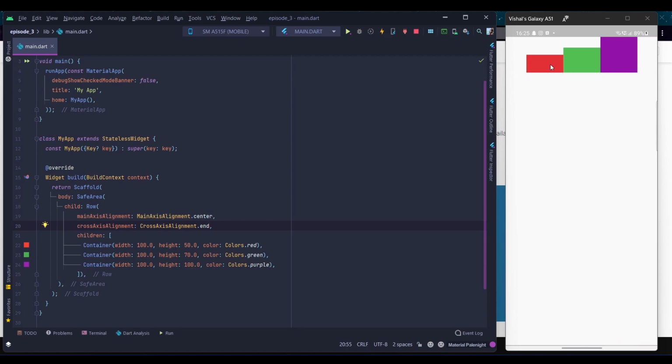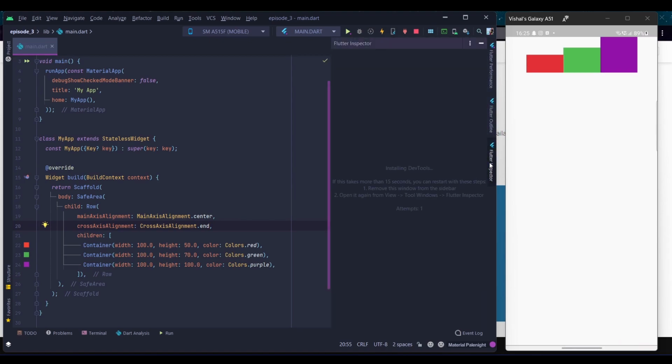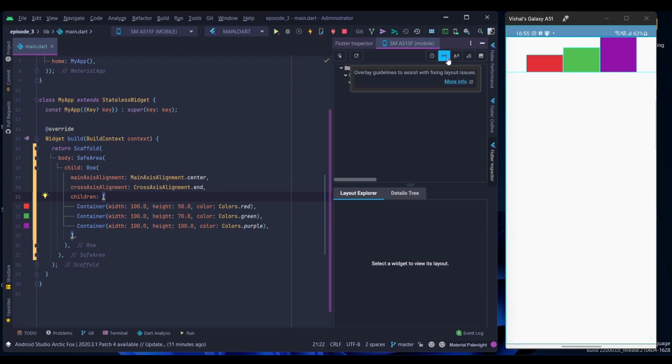And as I had said before, rows try to occupy the least space possible, so that is the reason why these containers are not hitting the bottom of the screen. That's because the row is only till this point over here. We can actually see the boundaries. If we go to Flutter Inspector, we can see that the row actually has a boundary till over here and not till the bottom of the screen.